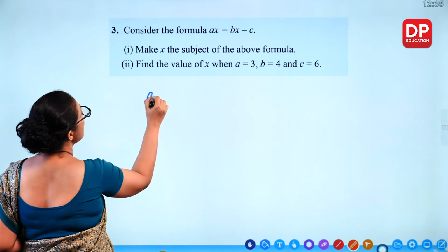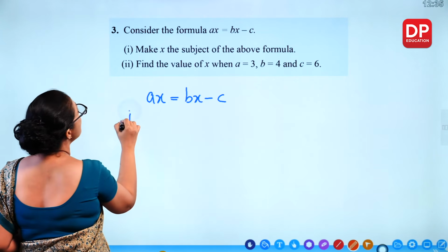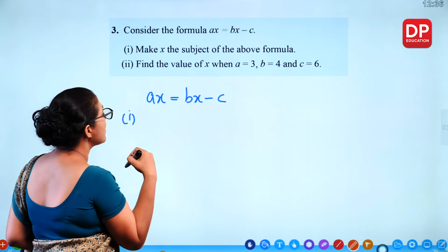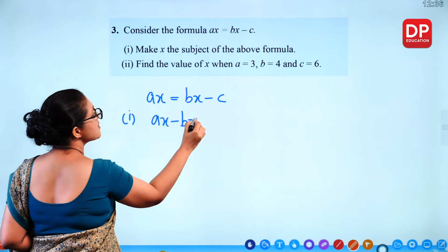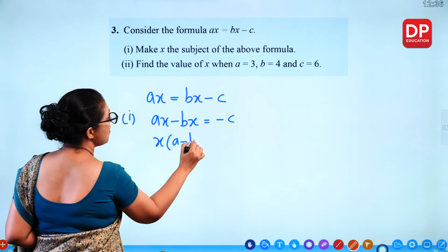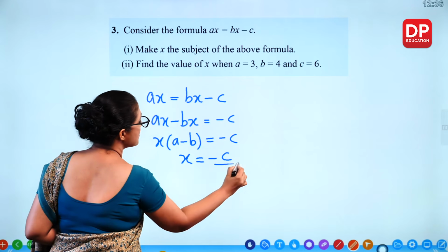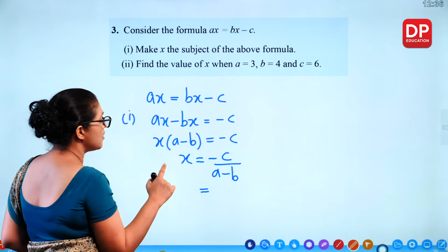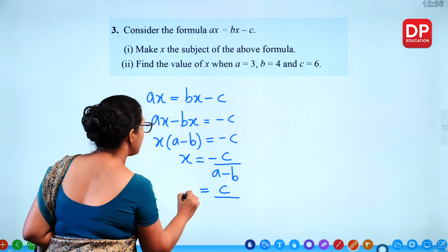Consider the formula ax equals bx minus c. Make x the subject of the above formula. So that means you have to take x to one side. Ax minus bx becomes minus c. So we can take x out. (a minus b) x is minus c. So what's x? Minus c over (a minus b). You can switch the terms because there's a minus in front. To get rid of that minus sign, I can rewrite this as